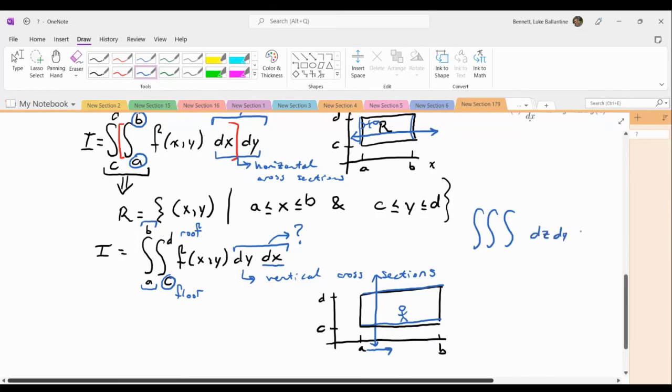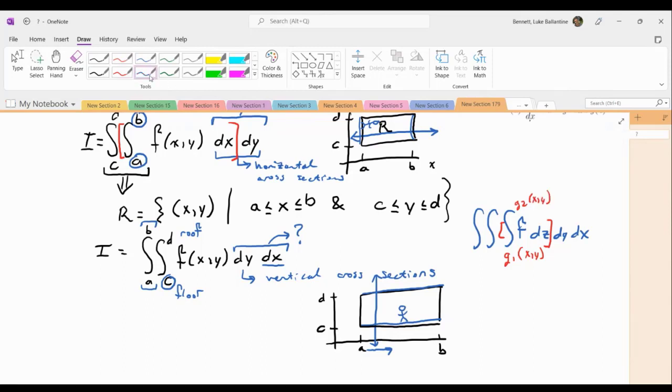dz, dy, dx. So if we have some function f of x, y, z, then this dz integral right here can be, or I can't use f, so let's use g1, a function of x and y. This is g2, a function of x and y. And then the next one,